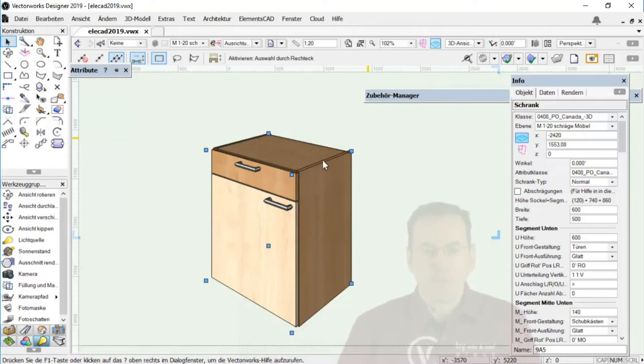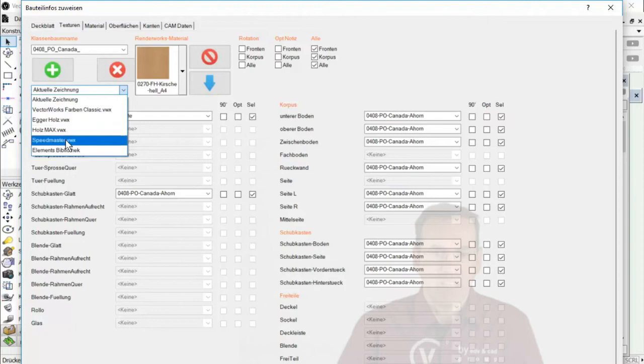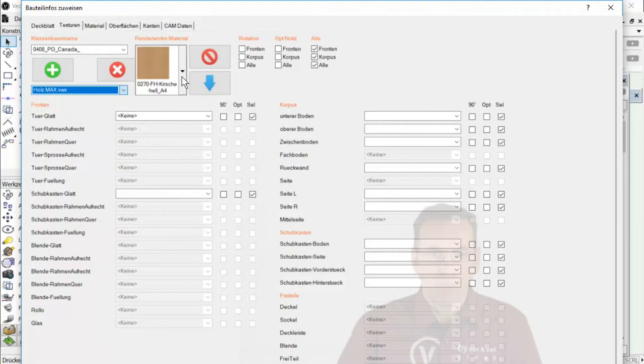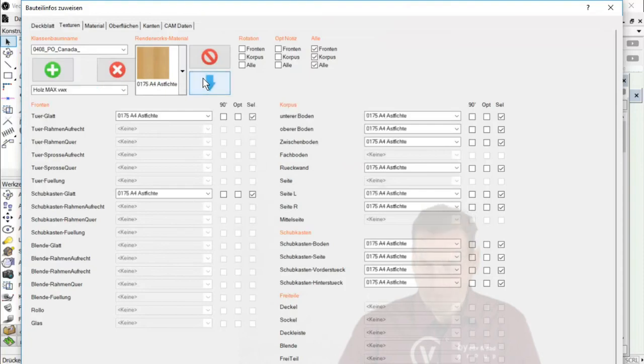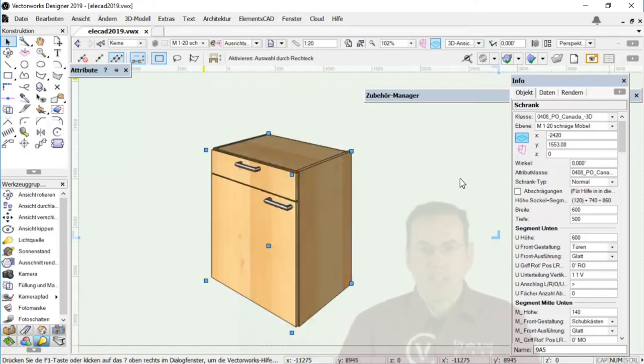So I see that I can flexibly assign textures to each cabinet, and if I have a further cabinet inserted, it's sufficient to duplicate the cabinet; all the classes will be taken for the copy as well. Here I see the preview of several other textures. I assign now a new texture, and the technique behind is simply